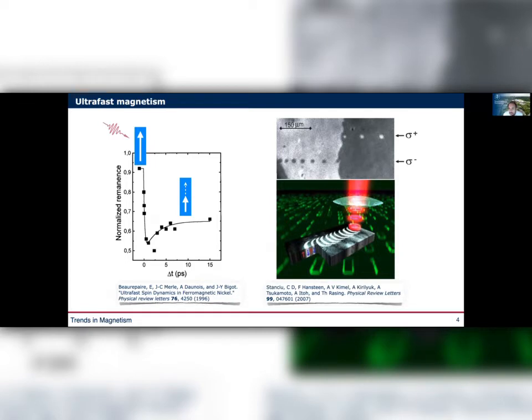If you come with light pulses, in this case of opposite helicity, what is important to see here is that a single laser pulse is able to reverse the magnetization of this material from black to white and from white to black. So there was a lot of interest, and I hope that maybe we can use light for